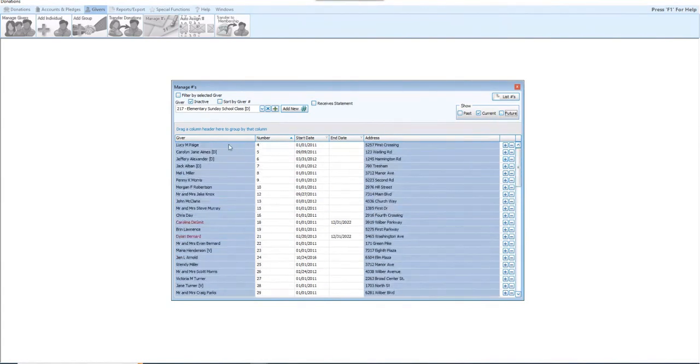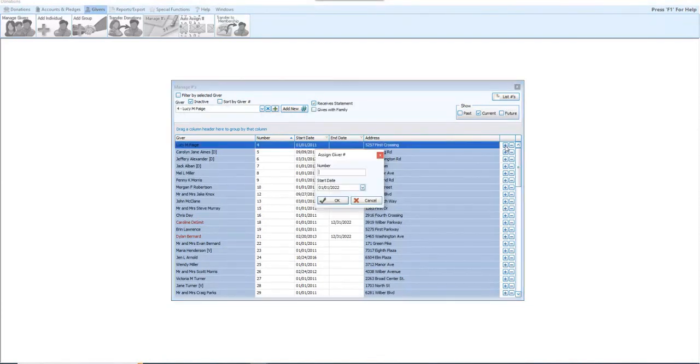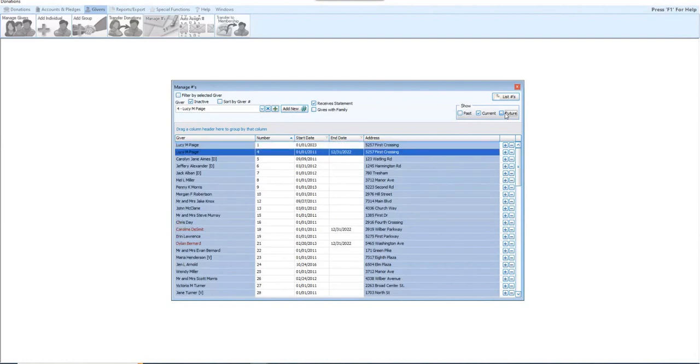So back up here to Lucy, I'm going to go over to the right, hit the little blue plus sign. I'm going to type in number 1, and I want the number to start for the new year. So I'm going to do 2023, and I'm going to say OK. Now, I still have current checked, and as you can see on Lucy, she's still number 4, and she's number 4 through 12/31/2022. But as soon as I come up here and I check future, I have another line for Lucy showing me her new number, number 1, starting 1/1/2023. All right, so reassignment is really easy as long as that new number you're wanting to assign isn't in use